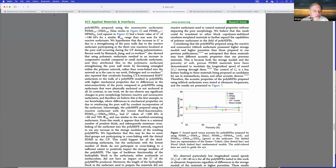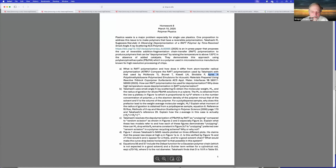Anyway, I threw this in so that you could just compare. You don't need to read anything in detail. It uses small-angle X-ray scattering, and this is polybenzyl methacrylate in paraxylene. He heats it to 120 to get it to depolymerize. He shows the